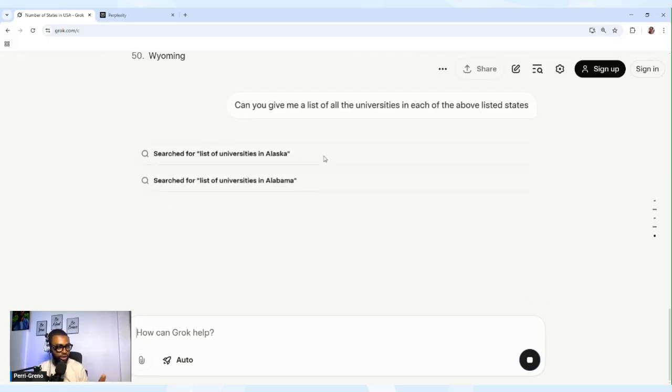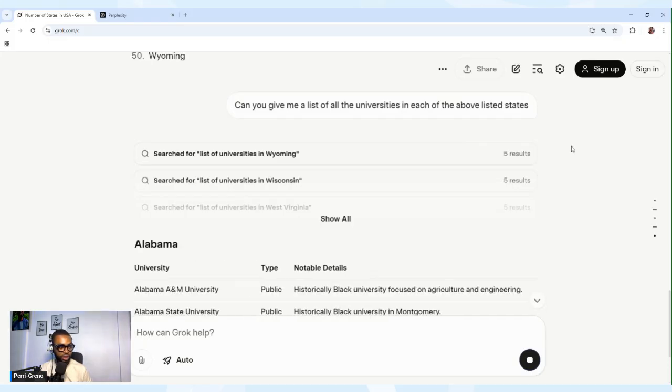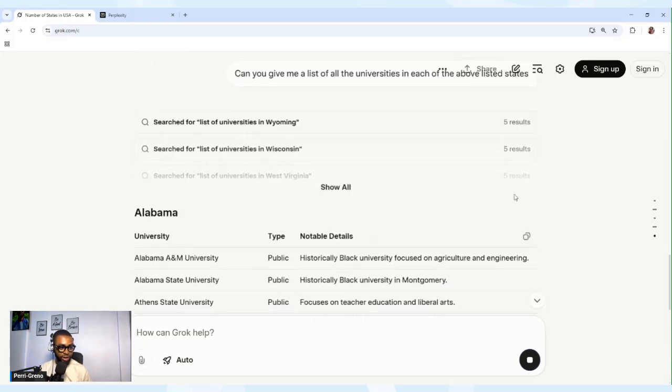Let's see the magic. Can you give me a list of all the universities in each of the above listed states? So Grok is doing the magic for us. That's the AI. You can use any AI to do that.